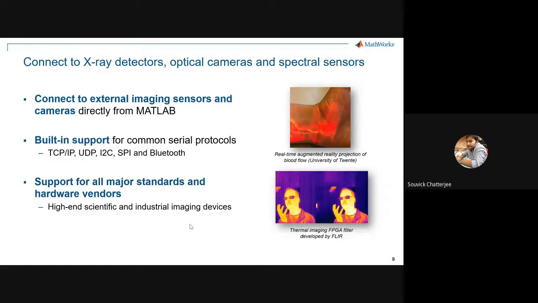Okay, maybe I can use the chat window again. For people who have used MATLAB, has anybody tried getting images from any hardware into MATLAB? It can be your own webcam also. Webcam is an inbuilt command in MATLAB which you can use to access your own webcam. And you can use a lot of different objects which exist for different types of cameras. Okay, so that is pretty straightforward.